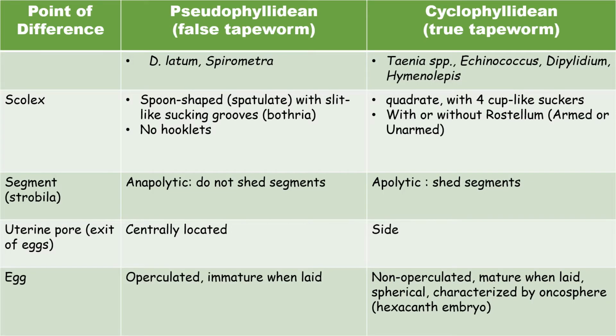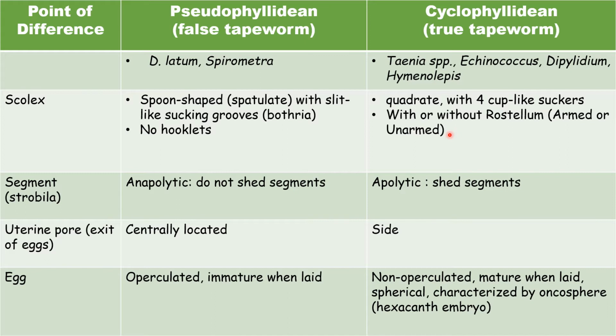So let's proceed with the differences between the pseudo and the cyclophyllidean. Your Pseudophyllidea, or false tapeworm, examples are D. latum and Spirometra species. While for the Cyclophyllidea, or true tapeworm, they have Taenia species: solium, saginata, asiatica. Later on we will discuss them one by one. We have Echinococcus, Dipylidium, and Hymenolepis. Okay, so the difference of pseudo and cyclo,